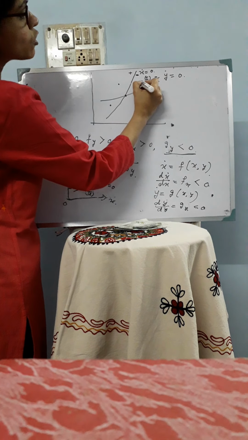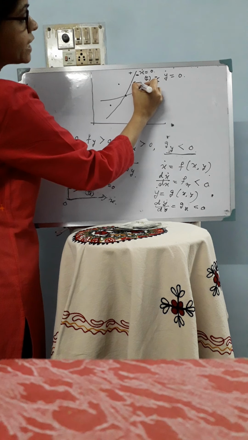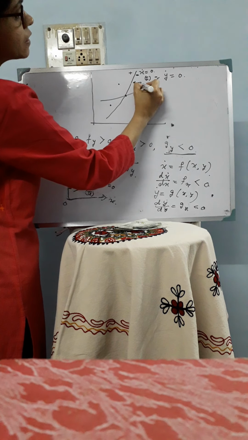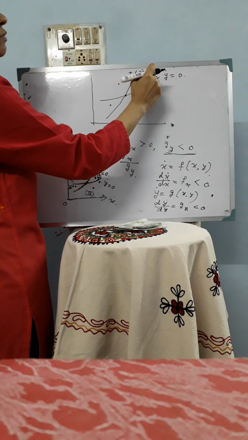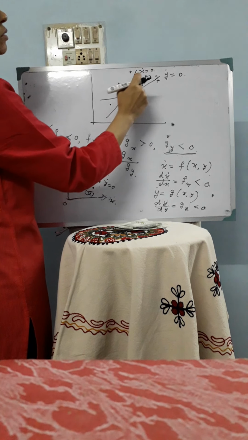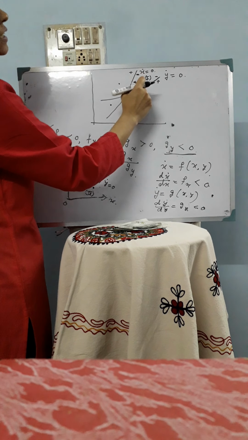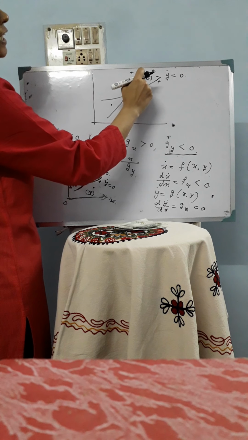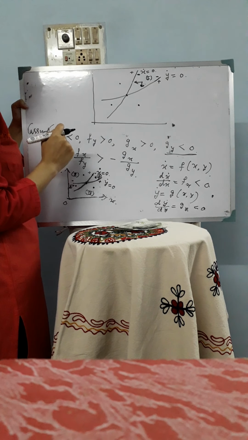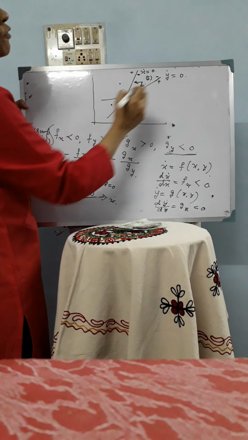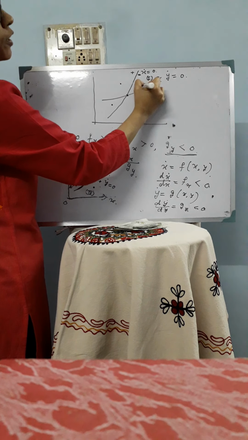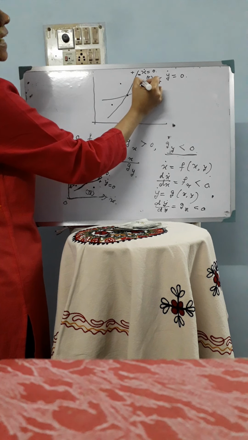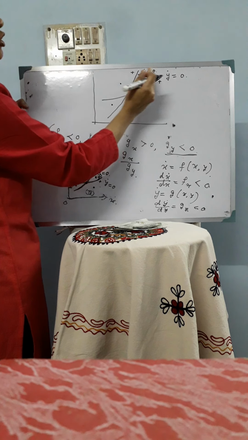And what will be the movement of y? If y declines from here, then as y declines, the value of y dot will become 0 when the y will hit this curve, because here at this point the value of y dot is negative. So for y dot to become 0, the y should decline from this point, and for x dot to become 0, the value of x should decline.